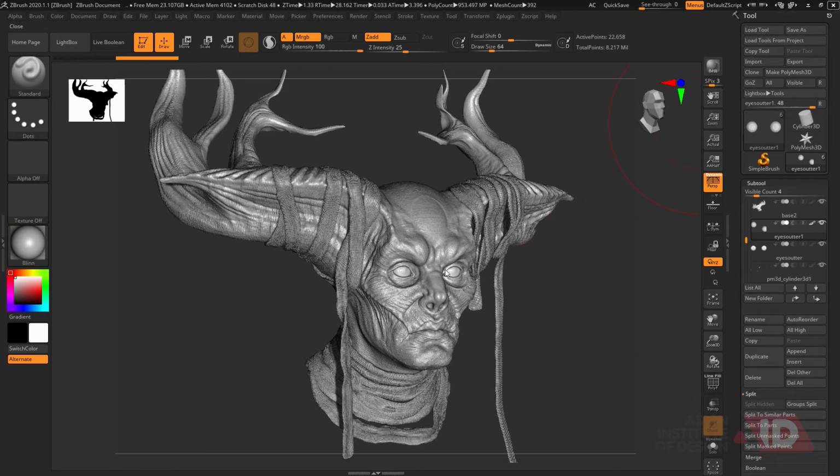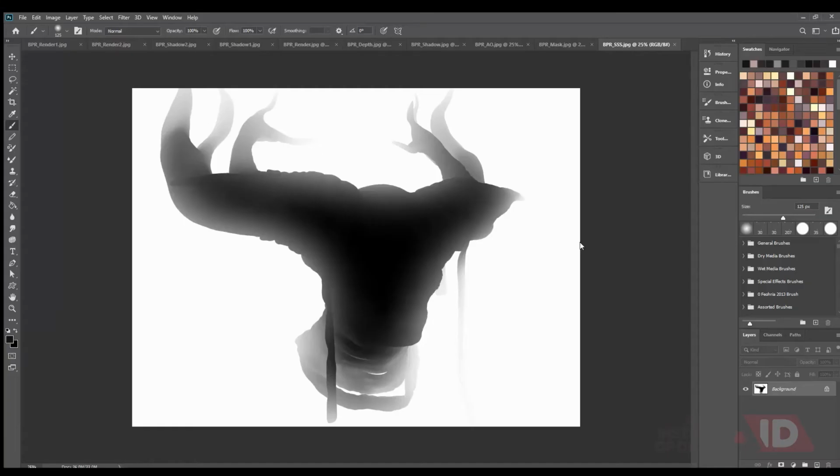Then what you can do, you can switch off your ZBrush and open your Photoshop. So I can see I have opened all the PSDs here. So now I am going to combine all the PSD layers together. Shadow 1 and render 1, they're combined together. It's my base depth.